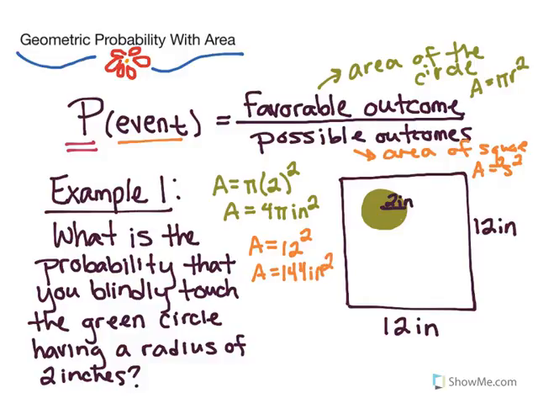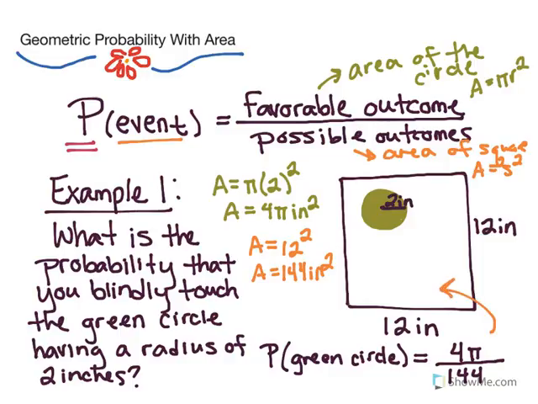So now we just have to plug these numbers into our formula and divide them out. So in the entirety of this formula, I'm going to have the probability of the green circle equal to the area of the circle, which was 4 pi, divided by the possible area, the area of the square, which is 144. And altogether, since I'm running out of room, I'm sorry I have to do this, but I'm going to put the answer to this inside the square because it's my only blank space right now. But the answer is going to be